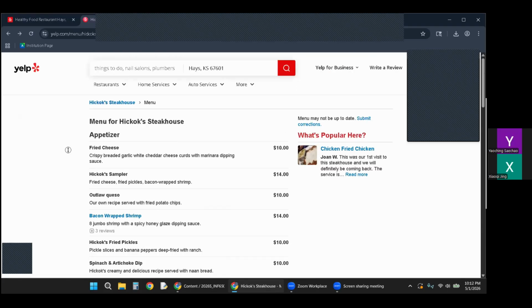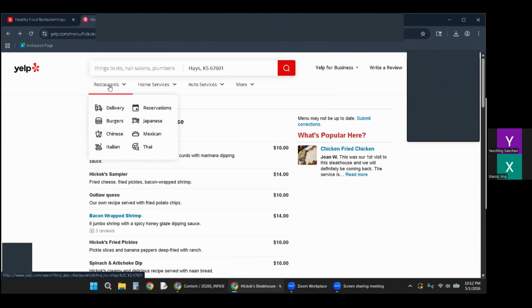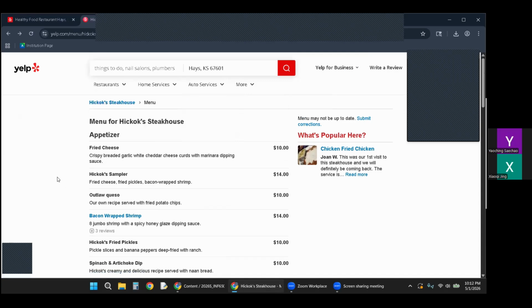None of those popped up, and maybe it was because I put too many restrictions on it. But I felt like those are pretty normal restrictions when you have a family, so I don't think I was in the wrong to use them. I just don't understand why those other restaurants didn't pop up. Maybe they don't have a full list of all the restaurants available within Hays. Maybe it's just whoever put those restaurants on Yelp.